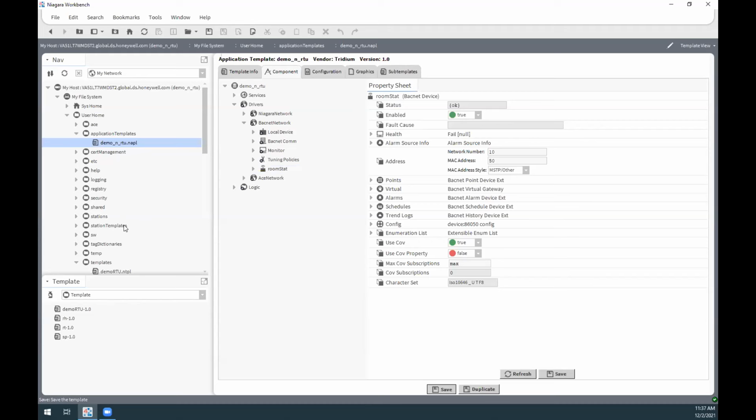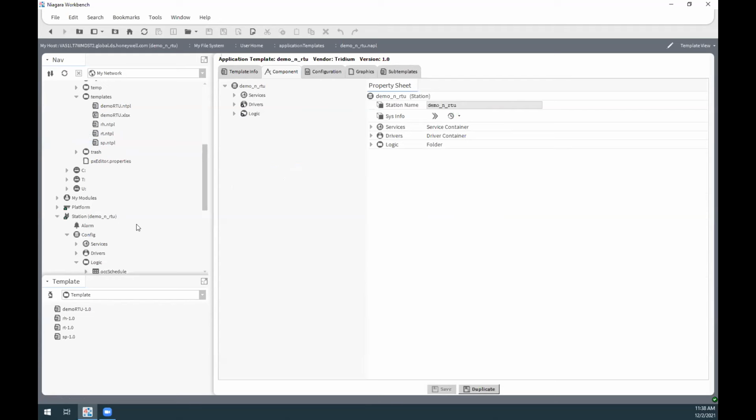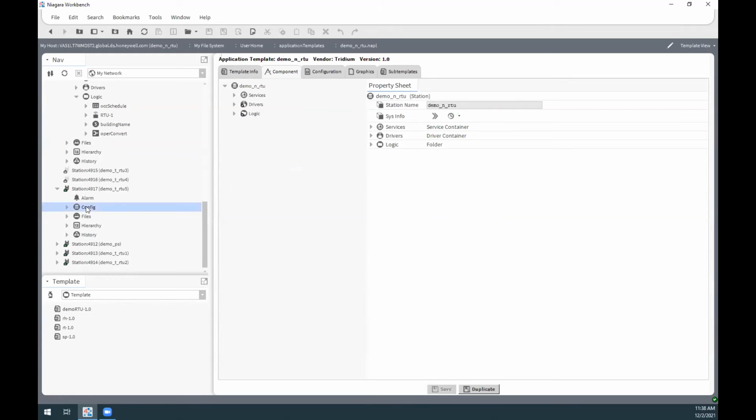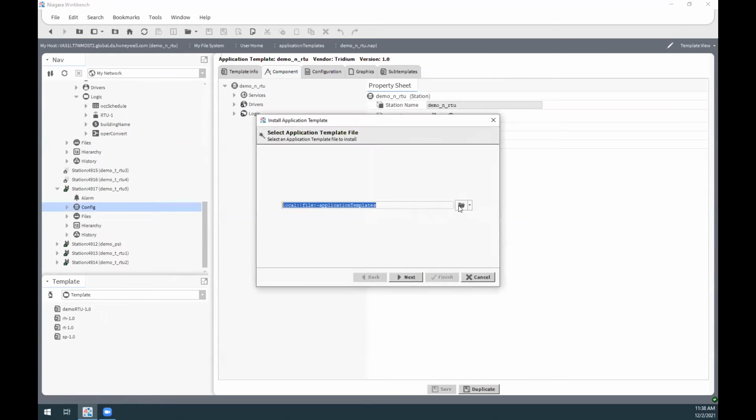Now when I go into my station to install that template and choose the file, the wizard shows me, hey, there are some optional components found inside this template. Do you want to install them or not? I'm going to check that so that this one component will not be installed. It's reminding me that it's going to remove components from my station, so I might want to do a backup. I'm going to choose no